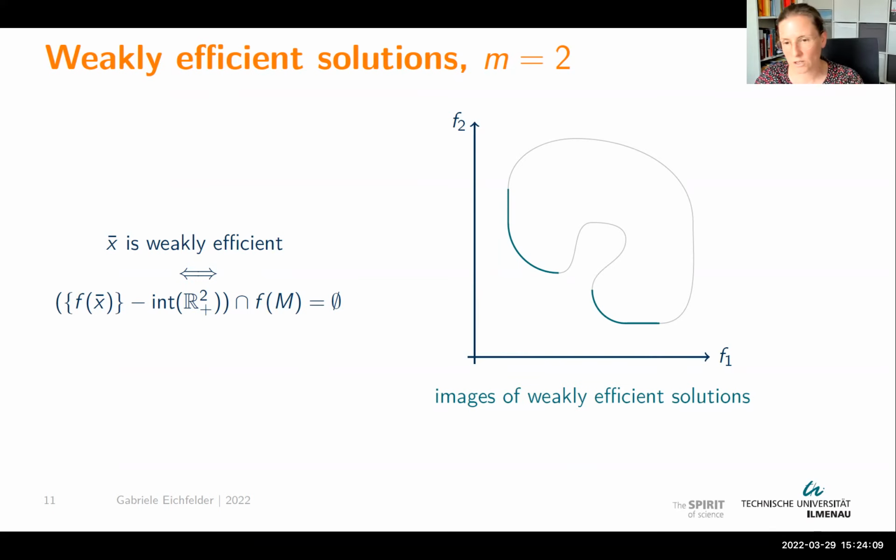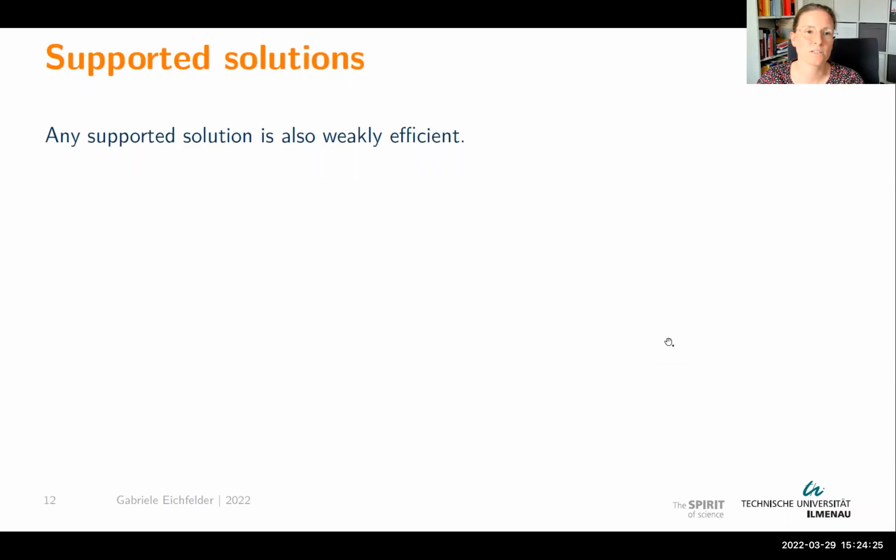Still, you would not like to have it in practice, because let's assume f1 is the price and f2 is the weight of your bike, you could spend less for the same weight of a bike. These are the weakly efficient points. And now we are speaking more about the supported solutions. First, you have the nice result that when you make this weighted sum approach and solve those problems, and define those points to be supported solutions, then they are guaranteed to be at least weakly efficient, which already sounds like a very nice property.